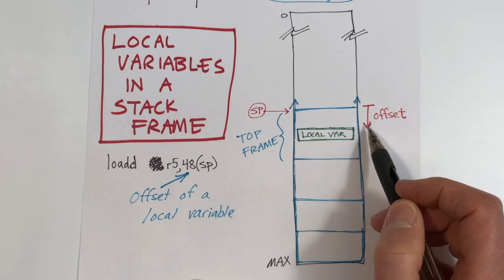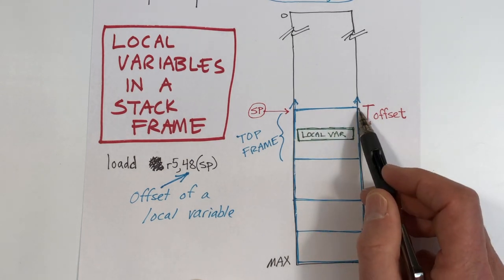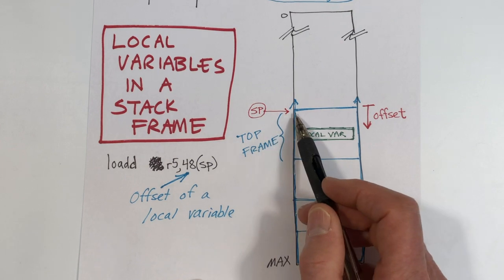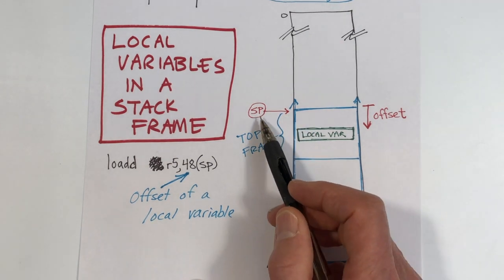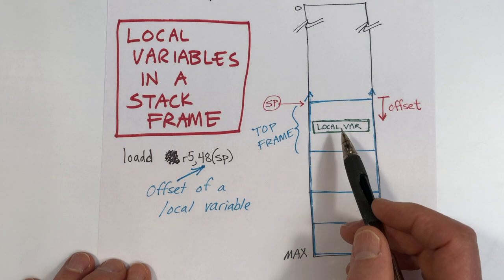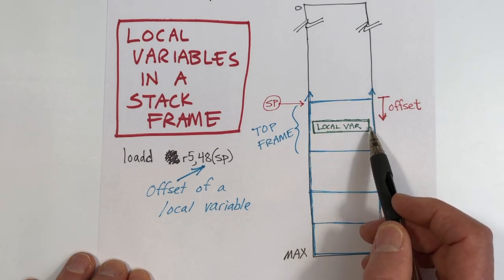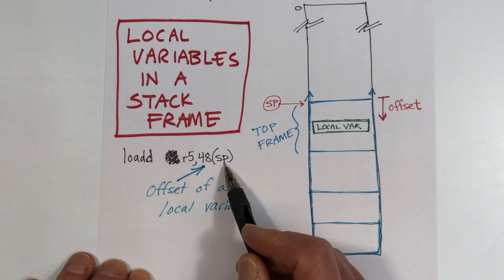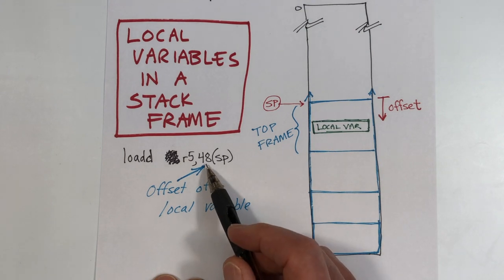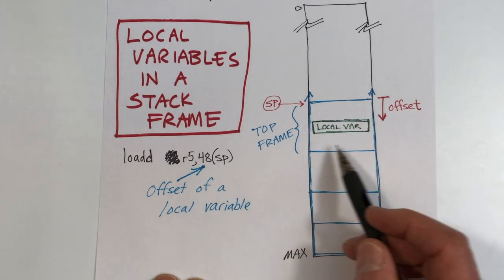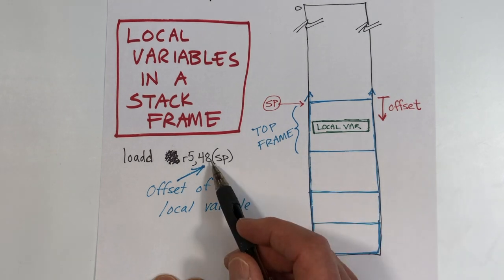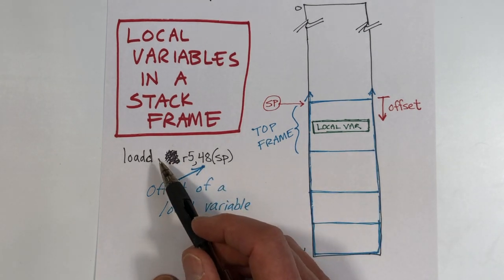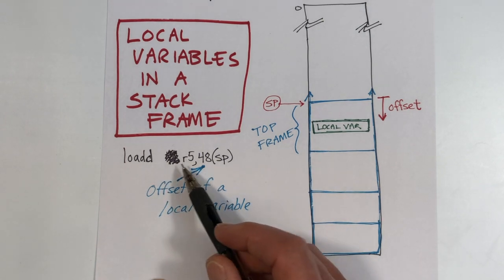Each local variable has a particular offset from the beginning of the stack frame, and the stack frame at the top of the stack is pointed to by register SP. So in order to retrieve the value of a variable, we would use a load instruction, and the form would involve the register SP plus an offset. And again, we don't have to do any special casing if the stack frames are extremely large. The assembler will take the synthetic instruction and generate one or possibly more machine instructions, but generally just one machine